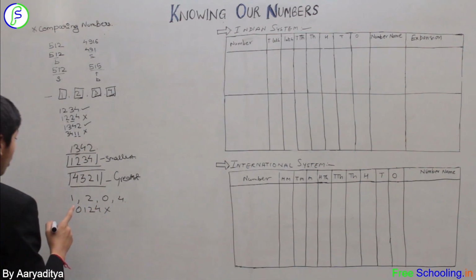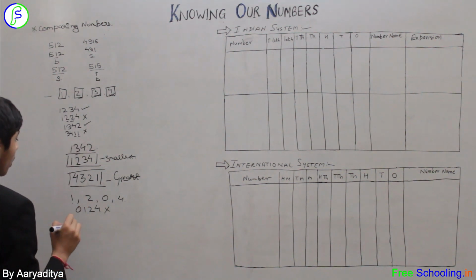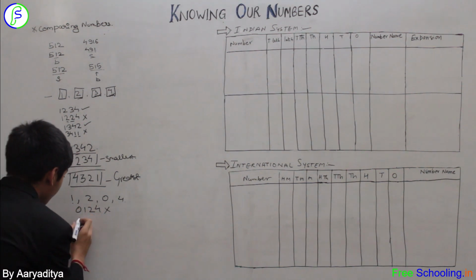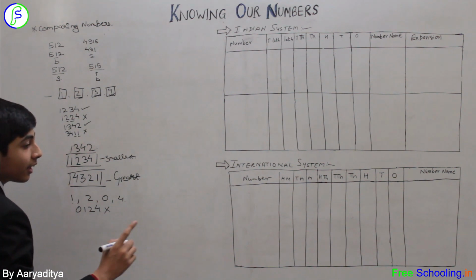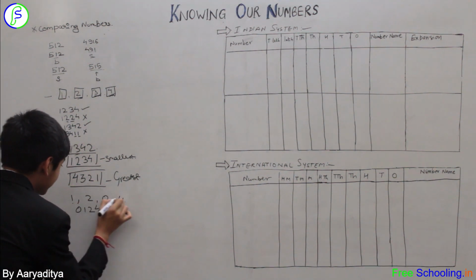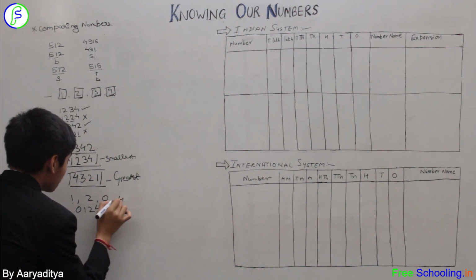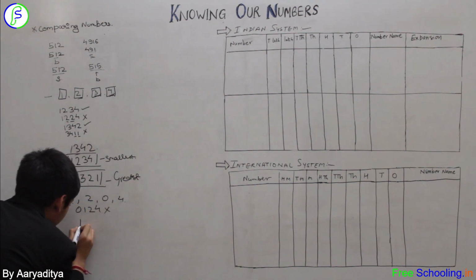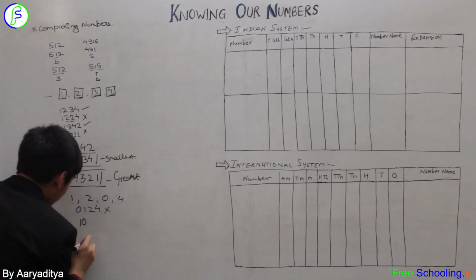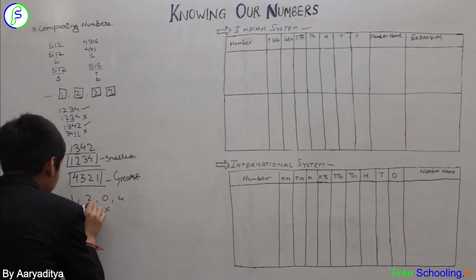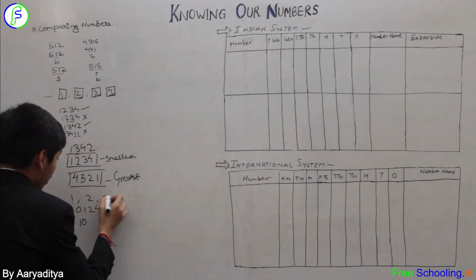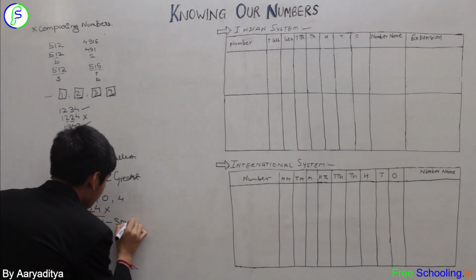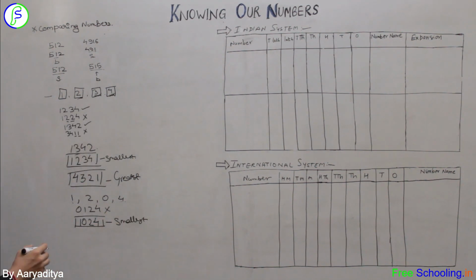To make the smallest number from the given set of digits, what we need to do is place a number greater than 0 in front. Just greater than 0 but smaller than the rest. Greater than 0 we have 1, 2, 4, but smaller than the rest we have 1, which is smaller than 2 and 4. So the first would be 1. Now you can place your 0. Then we have 2, which is greater than 0 and 1 but smaller than 4, and at last we have 4. So this is the smallest number that can be formed if we have a 0 in our set of digits.